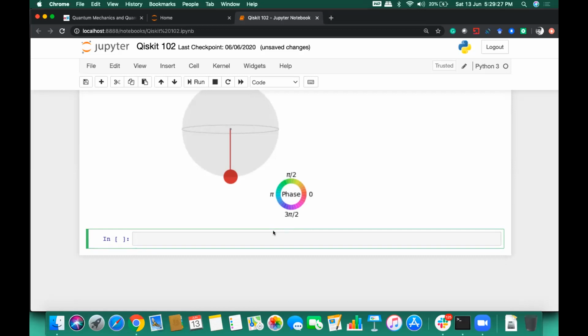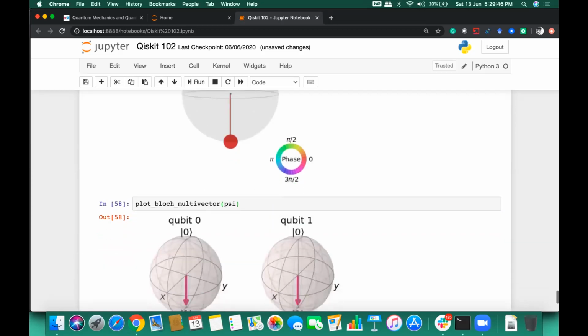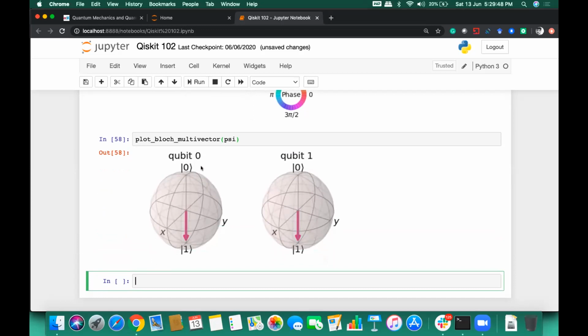All right, and similarly, if you want to plot a Bloch multivector, we can call plot. I mean, there are so many things in this which we can explore, but given the time constraint, most of the things we'll be covering in the course which we are going to start from July. So this is just an overview I'm giving to you all. So you can see, for qubit 0, what is the measurement? For qubit 1, what is the measurement? Qubit 0 and qubit 1 both have just one gate, that's why the arrow is pointed towards this side. And you can see the x and y axis as well.